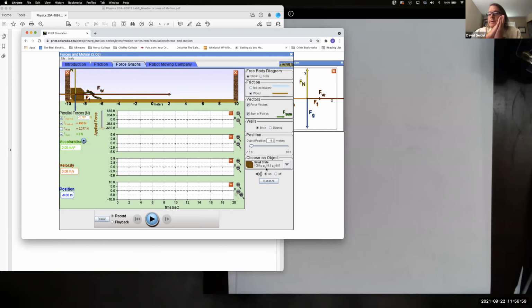Static friction is a constant. It depends on the materials in contact. The coefficient of static friction is a constant. It depends on the material. The static friction depends on the applied force. The static friction opposes the applied force, so it can never be greater than the applied force.